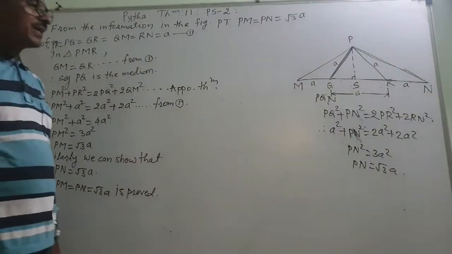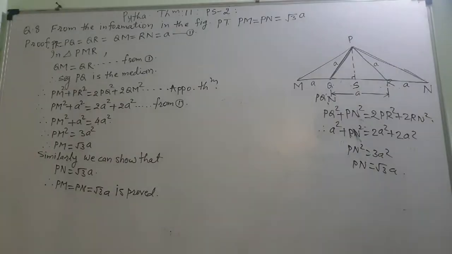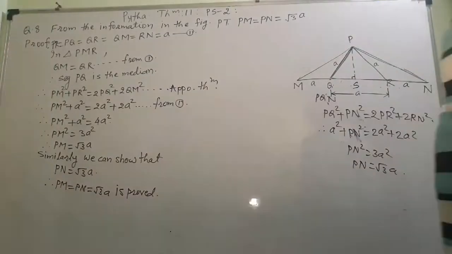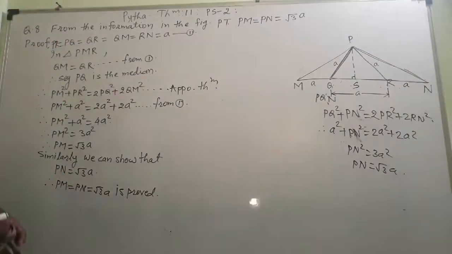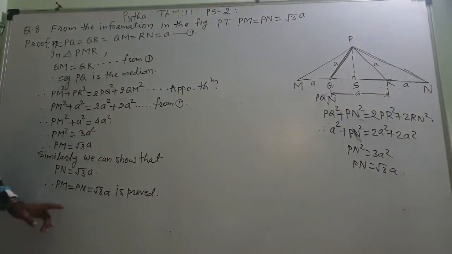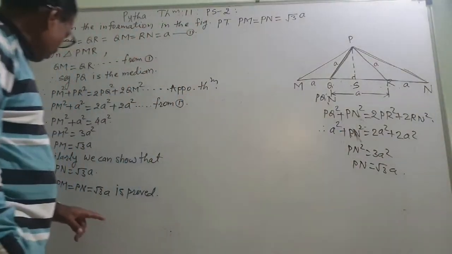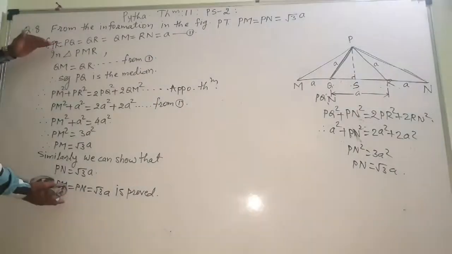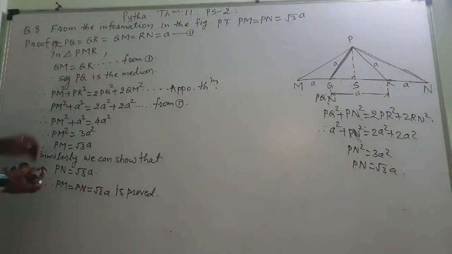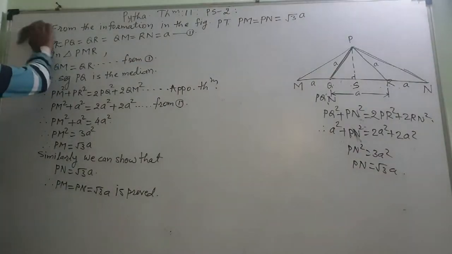Now what is the danger in this question that I want to tell you? Suppose this is for 3 marks, then we can write, similarly we can show that. But if this is for 4 marks, then we will go for this other proof also by using Apollonius theorem. That time we will not write, similarly we can show that. So be precautious, because for this much, how can the examiner give you 4 marks? We have to see logically. So I am wrapping up this question. Question number 8 is over.